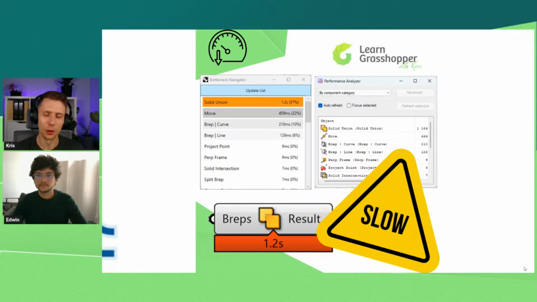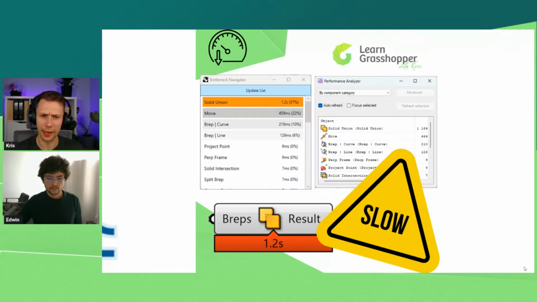These are always the two options, but maybe in your case it will be other components. So I really recommend going to MetaHopper or Pancake, downloading these two plugins and checking first what is slowing you down. Before you start to optimize, try to explore your script and find out what can be wrong.